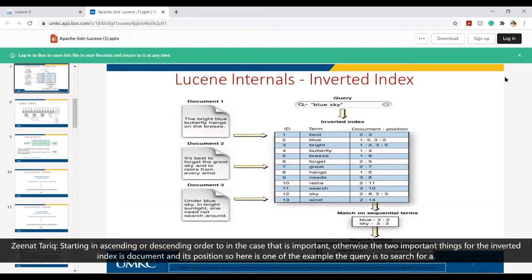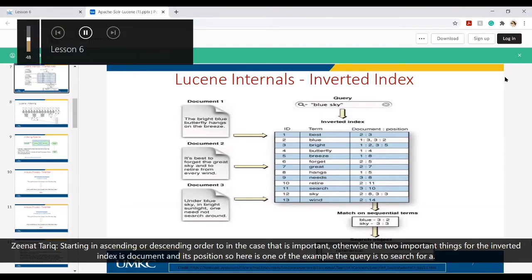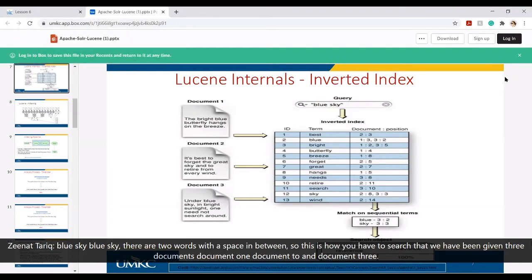So here is one example. The query is to search for the term blue sky. Blue sky has two words with a space in between, so this is how you have to search that. We have been given three documents: document 1, document 2, and document 3.